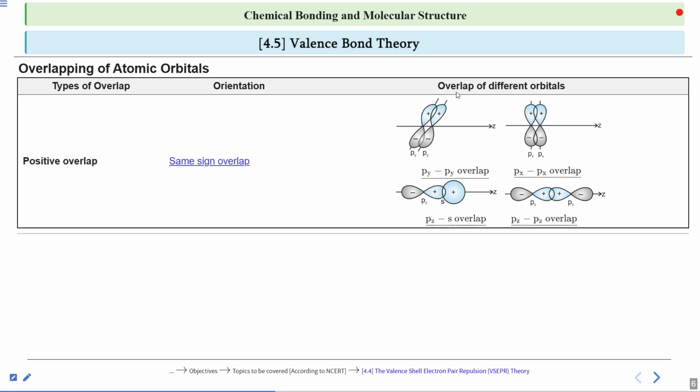Now, again, this will be classified into further small parts. But for now, you should remember how different types of orbitals can combine. In the first case, 2 py orbitals are combining. In the second case, 2 px orbitals are combining. And in the third case, 1 s orbital and 1 pz orbital are combining. Now, here is a very, very important thing: why is the p orbital only capable of doing this kind of overlap? Because